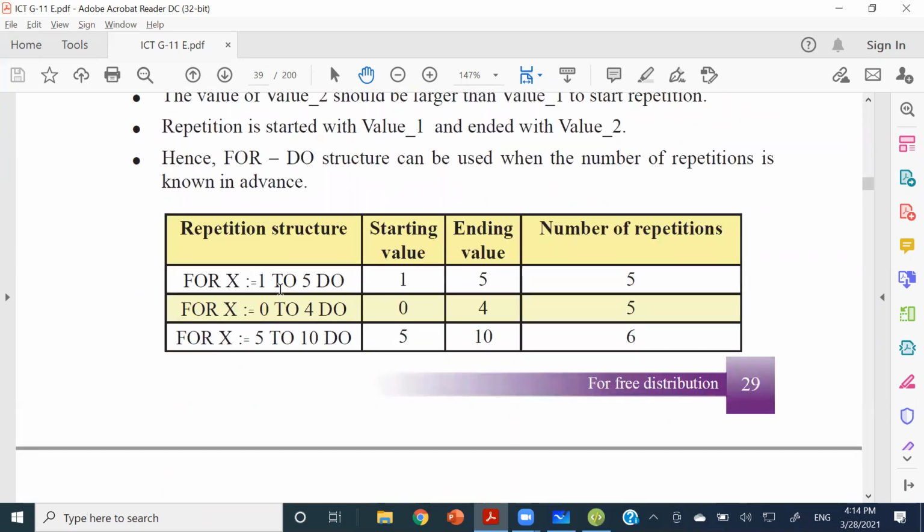So this is the way they have used that: for x colon equal 1 to 5 do. So there will be a variable called x, which will start from 1 and go up until 5, right? So the x value will be increased per iteration, right? So under the for, the statements that we write belonging to the for are executed once, then x will